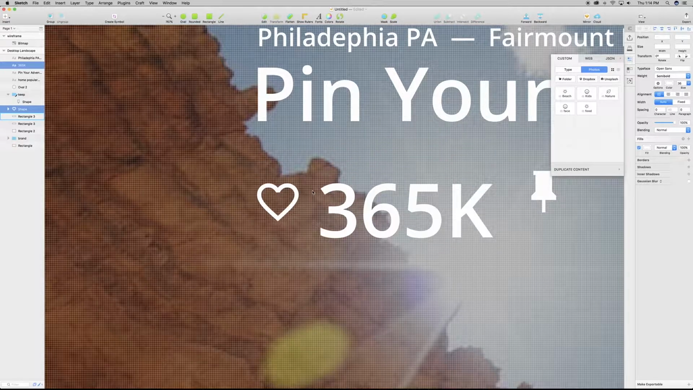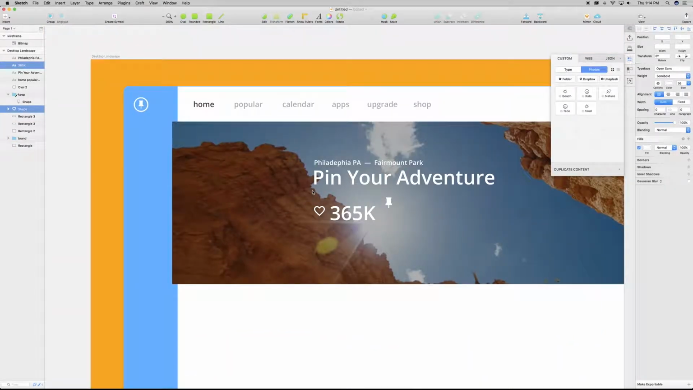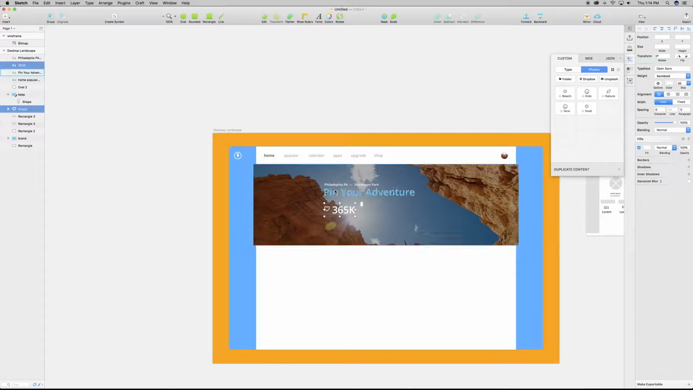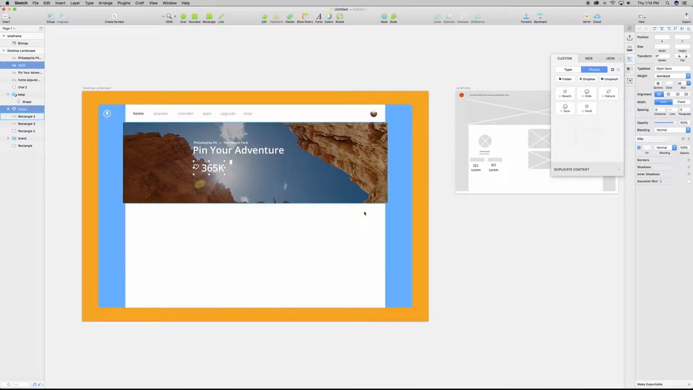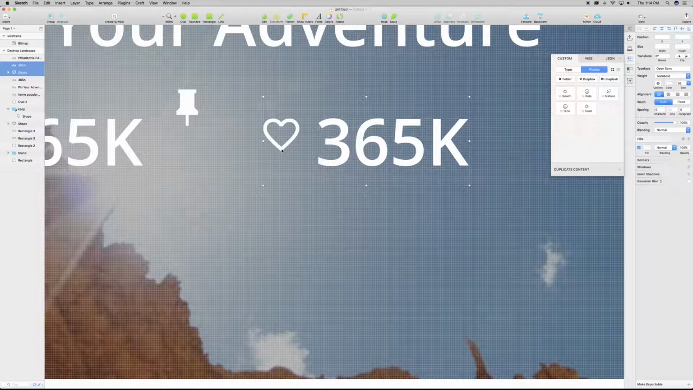1, 2, 3, 4. Let's see how it looks. Oops, yeah, this is much better. Something like that, right? This works fine. Yep. And then copy this together, place it next to it, something like this, and